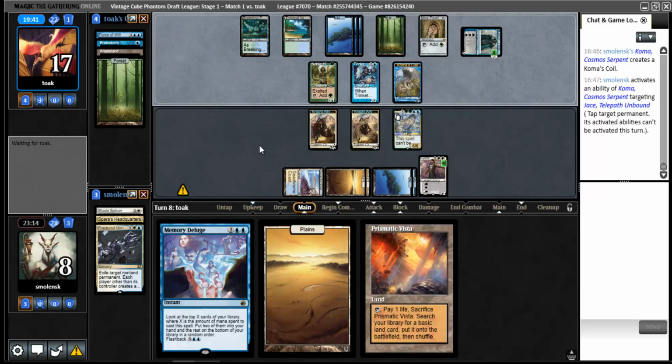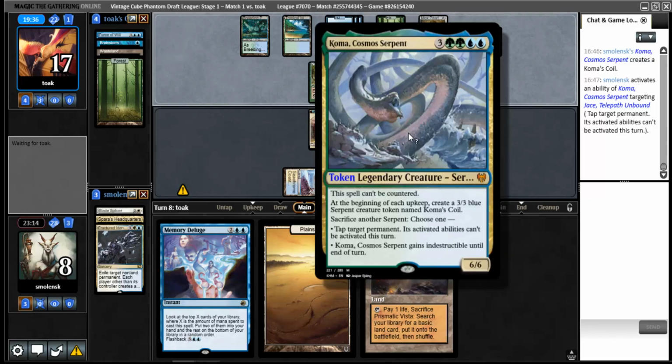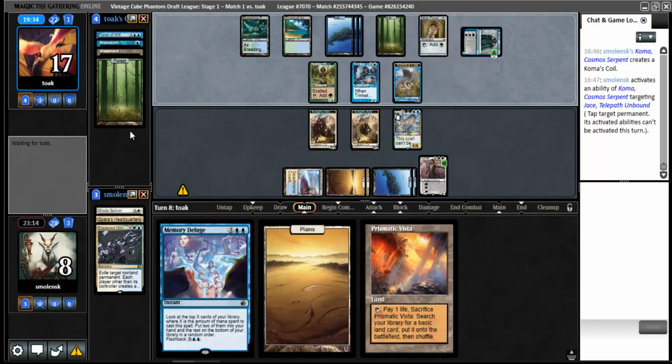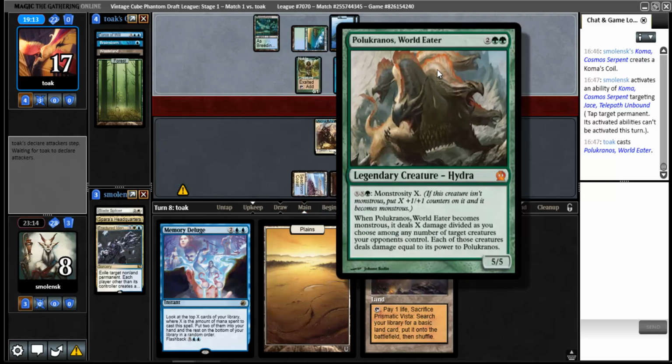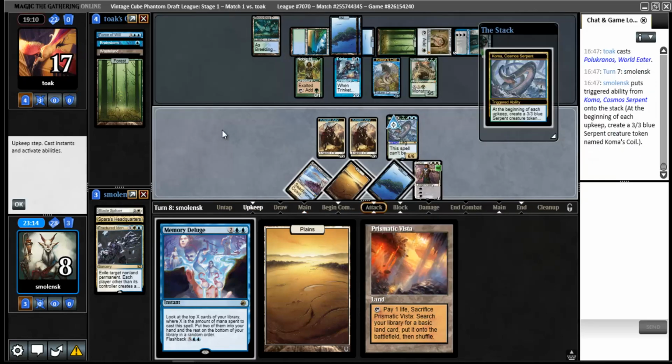I might have to stop in my opponent's upkeep. That worked out nice. Alright. Might start plussing Gideon pretty soon. Polukranos. Okay. Opponent has access to 4 more mana, so can monstrous for 1 here, which doesn't kill anything. And this is not going to be able to kill Coma for a lot of reasons, but